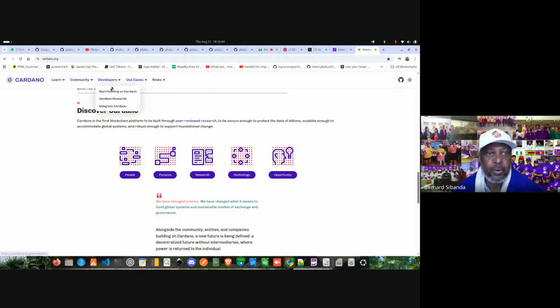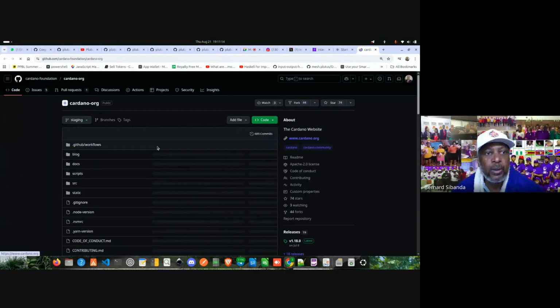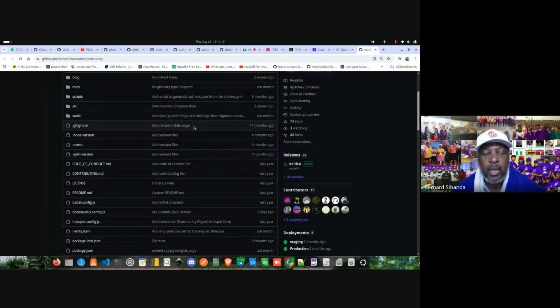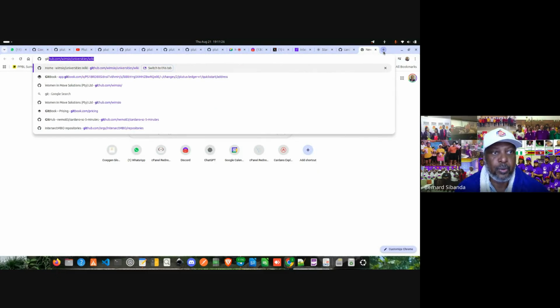Here is a section for start building on Cardano. Here you've got some materials that direct you how to go and work with Cardano. The one advantage with Cardano is it is open source. So I'm going to show you the open source part. And when we are on the open source part, you will see a lot of projects that are there. This is Cardano Foundation open source. I will also open for you GitHub